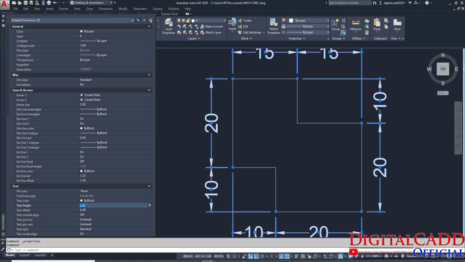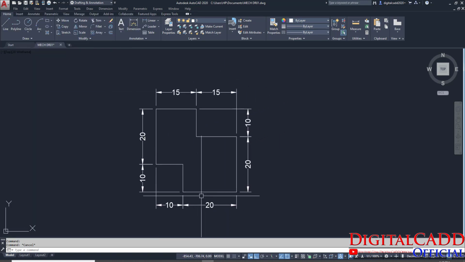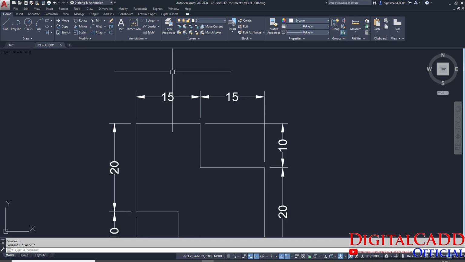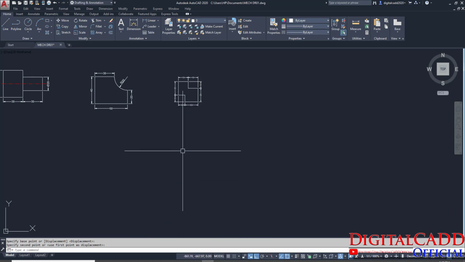Make it also 2. You can see here a uniform looking drawing is completed. Okay, so now this was the third part. Select, M is the shortcut for move, enter, place it here.